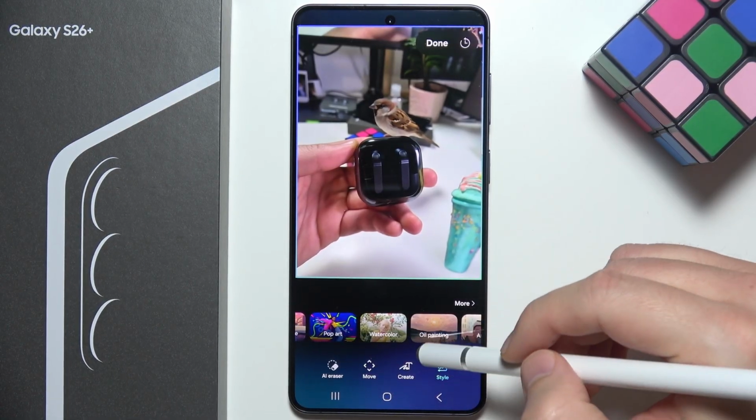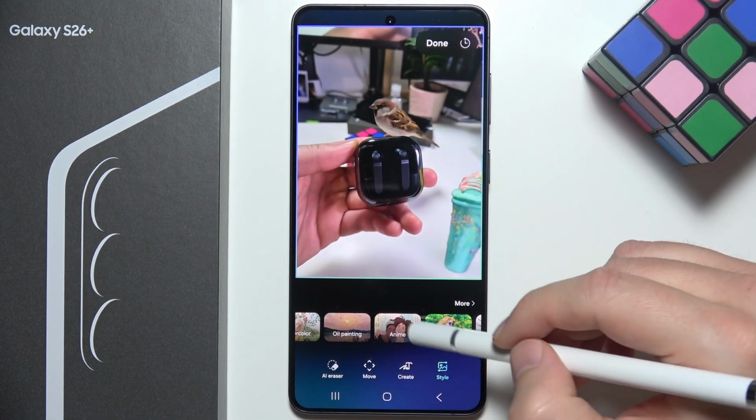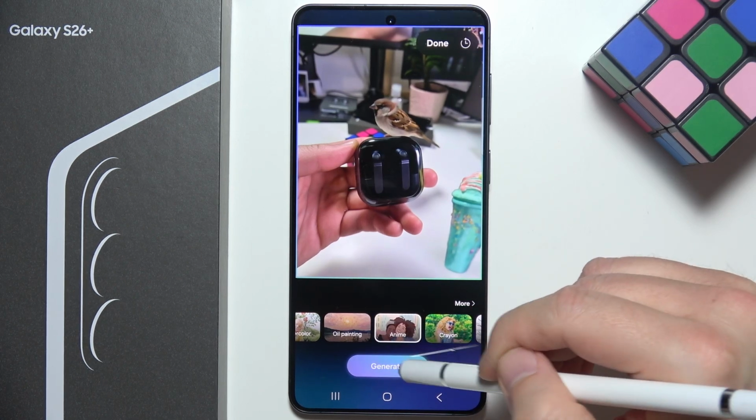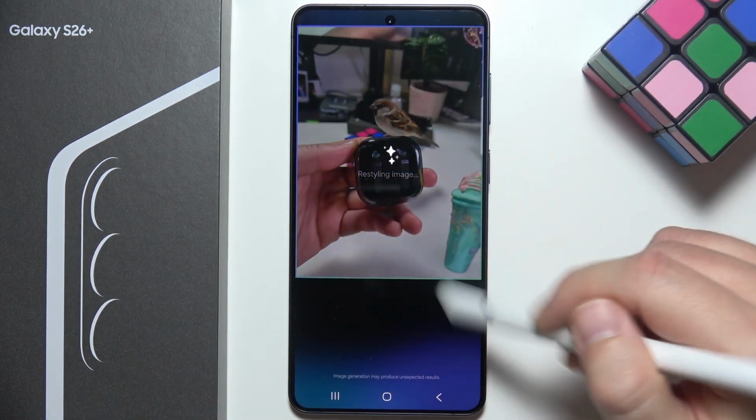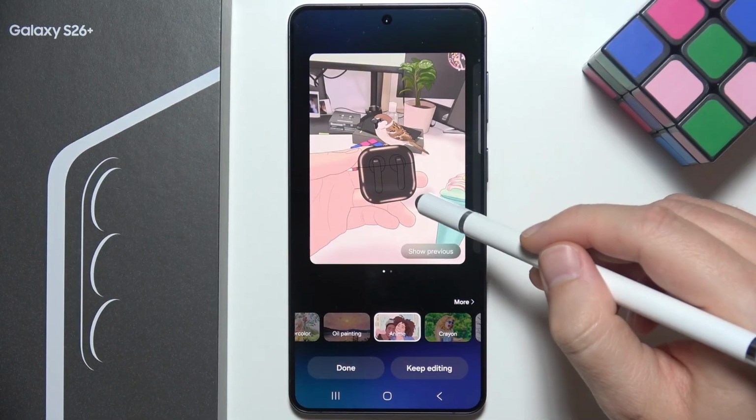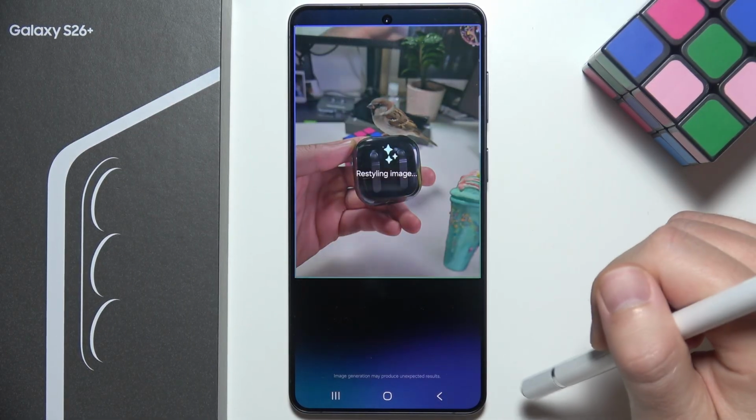So as you can see, we can turn our photo, for example, into anime. Let's see how it's gonna handle this kind of photo. Okay, really nice actually. You can generate one more if you are not